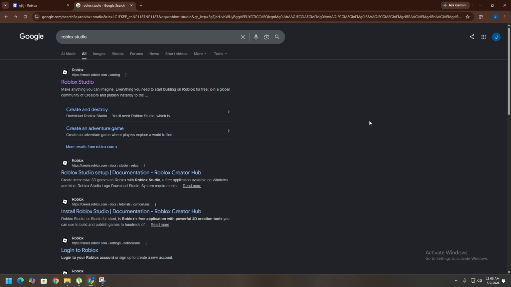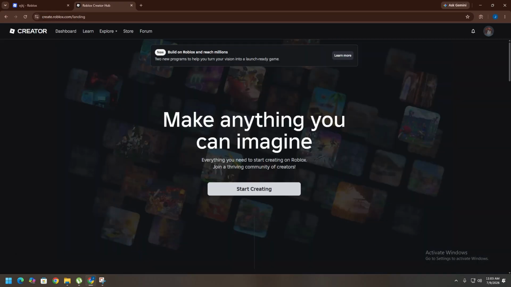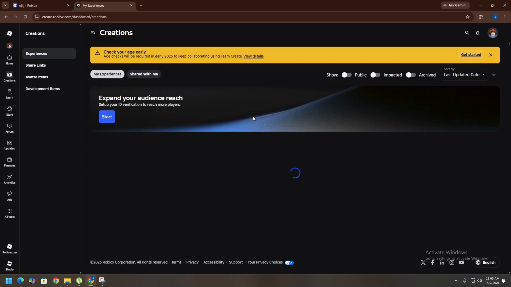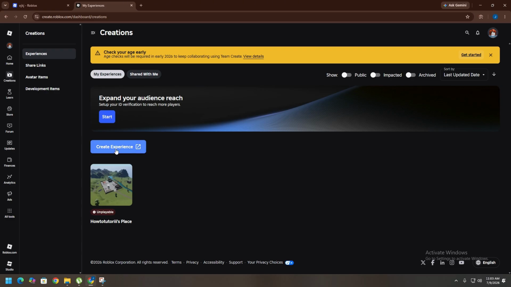How to make a Roblox game as a beginner developer. So in here, the very first thing that you need is obviously your Roblox Studio. Make sure you're logged into your account. Let's just go into our dashboard, and obviously you would need to create your own Roblox game first of all, right? You can click on create experience, then you can start creating your own game on Roblox using Roblox